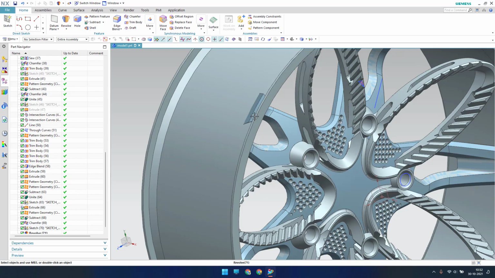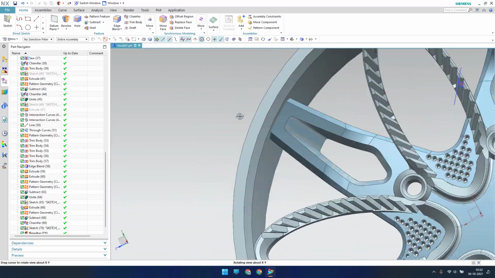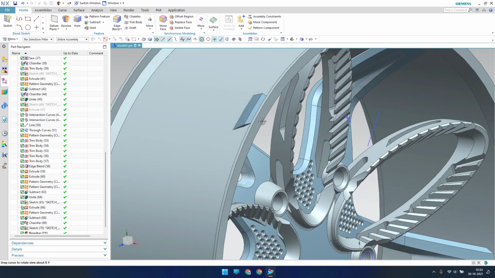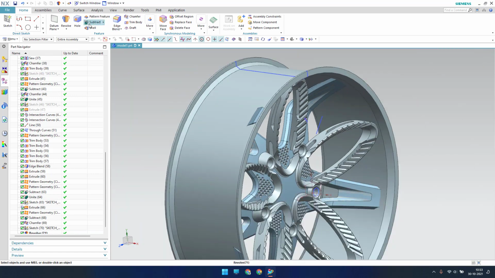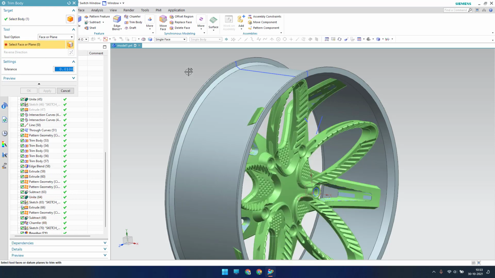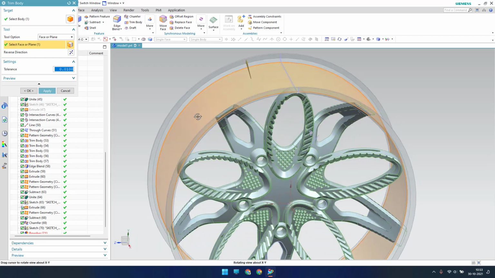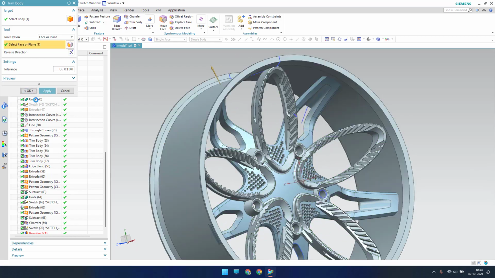So now as you can see here, our feature has came inside. So we just need to trim this. So in order to trim, what I'll do is I'll just go to trim body, and this body should be trimmed by using this face. So whatever the outside face will be there, that will be trimmed off. So you can just click OK.